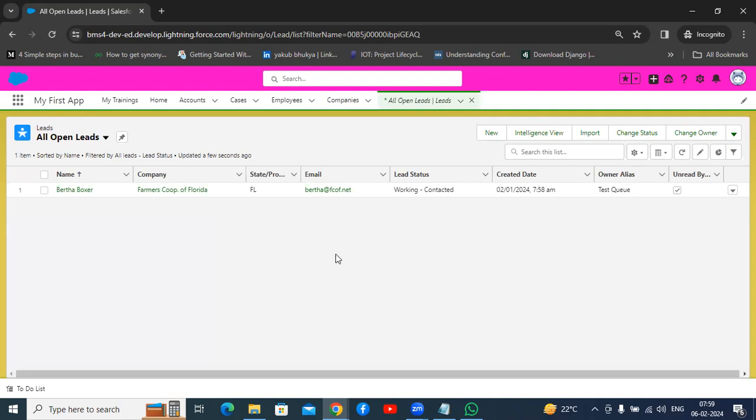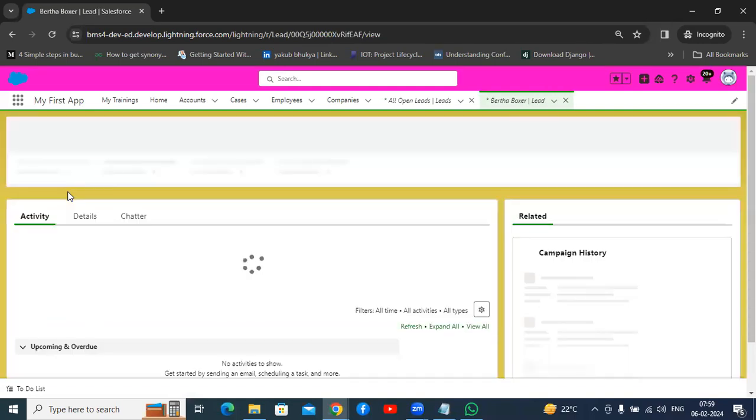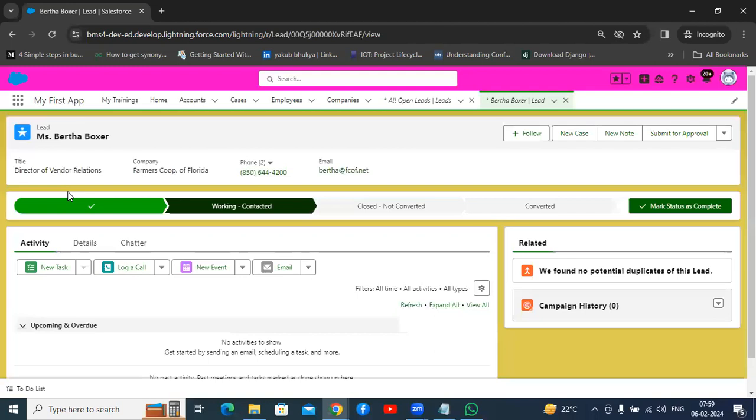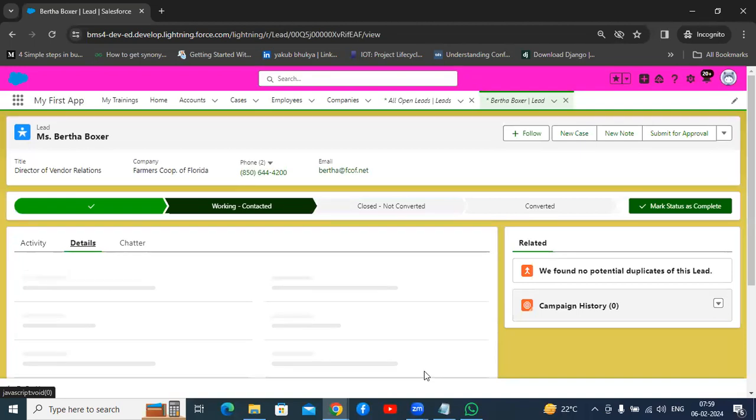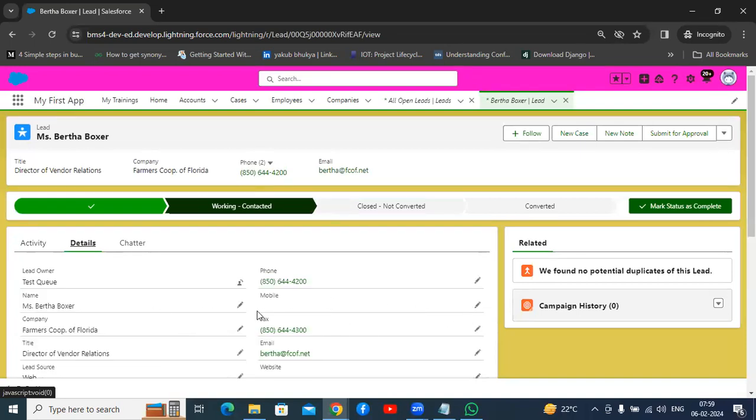You can see how many leads you are able to see here. So you can see the leads which are assigned to this queue only. So we are unable to see the records which are owned by other users. Understood? Yes. So with the queues, we can provide owner level access to the users. Whichever users you want to provide that level of access, you can do it with the queues. So now, if we add users in a queue, they can modify the records as well. Let's suppose going to details, you can change any field values.